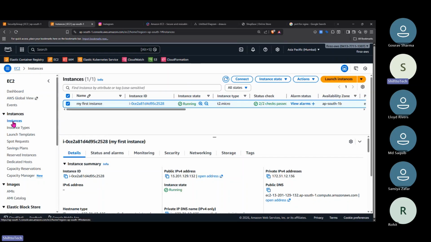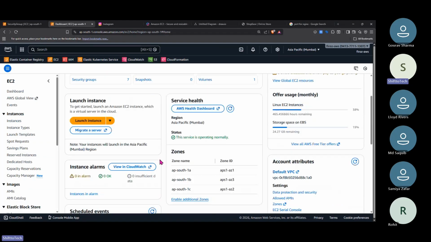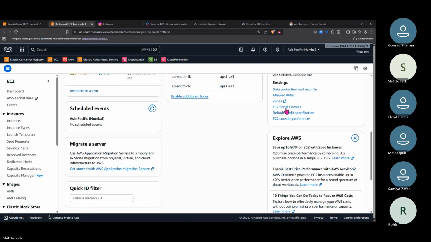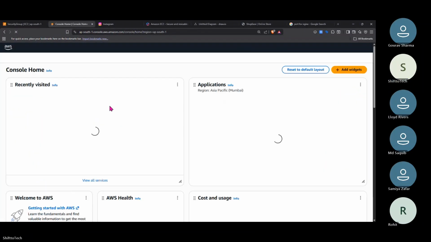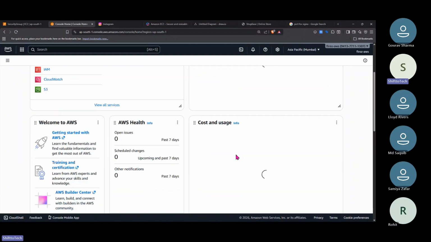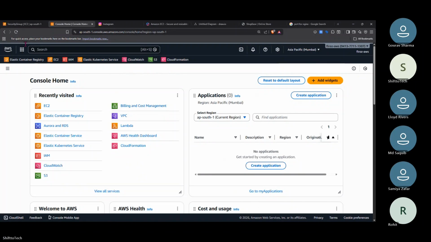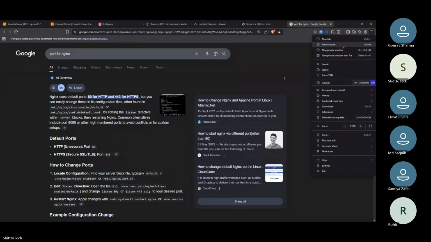These types of stuff anybody can do, right? In the interviews, now coming towards it, see, this is the price. Actually, the price is maybe 10 or $15 for this server, right? In your company, there are three types of servers. Let's go here. So you should know this actually. Just one second. Cost and uses.